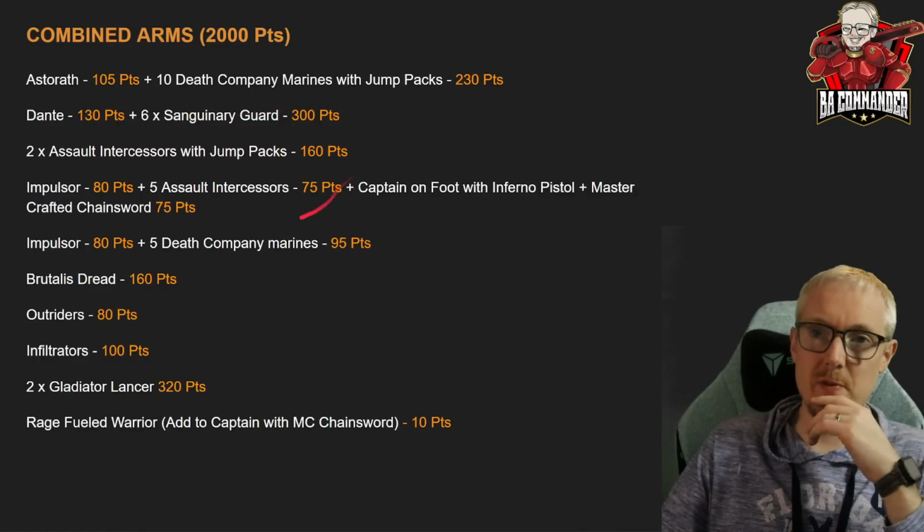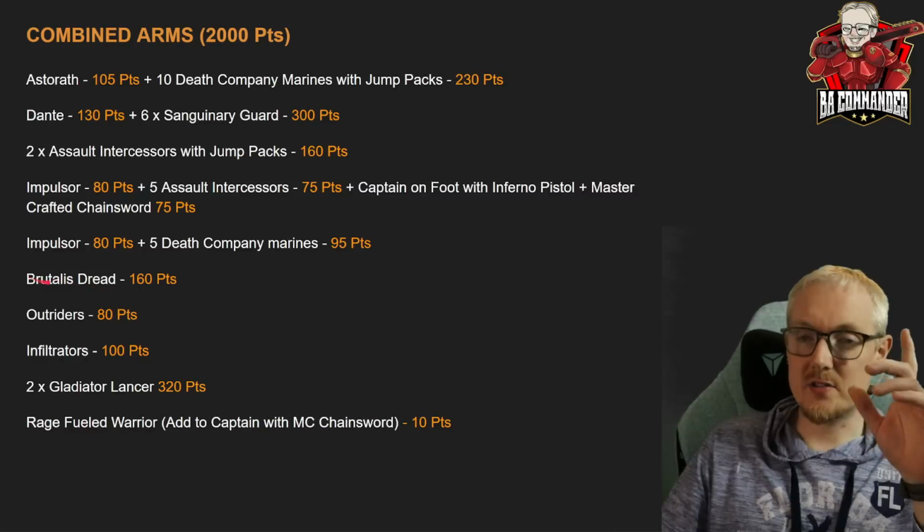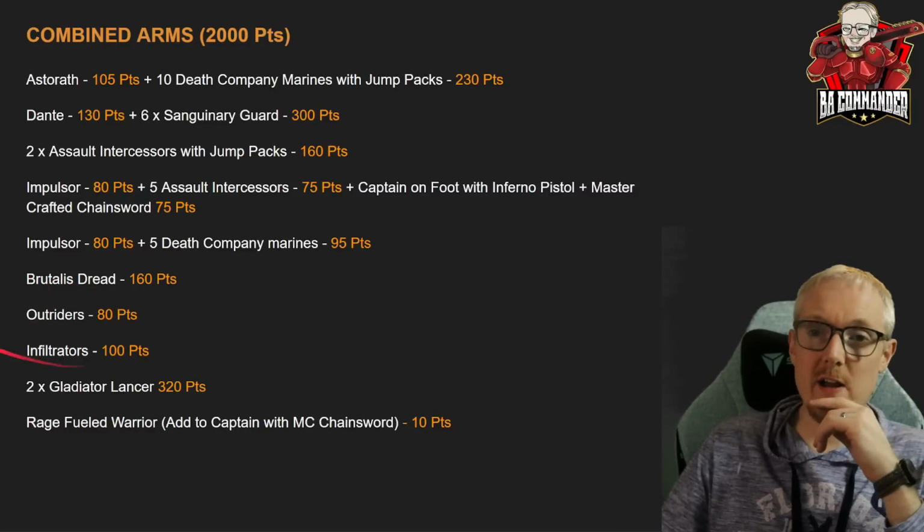Instead of 3 units of Jump Intercessors, you have 2. We have the same Impulsor, Assault Intercessor bomb with that Captain who has the Rage-Fueled Warrior. The second Impulsor has the Death Company Marines, but no Chaplain, so unfortunately these guys are OC0. We still have the Brutalis Dreadnought. We still have a squad of Outriders, we still have the squad of Infiltrators, but in the backfield, I guess